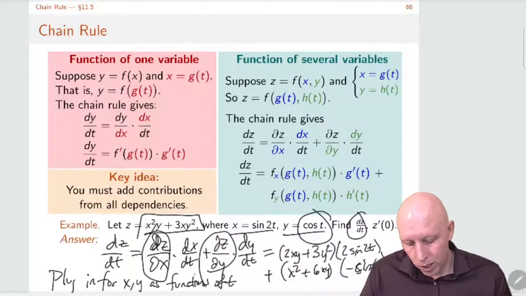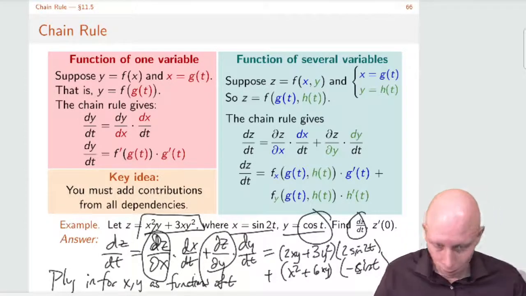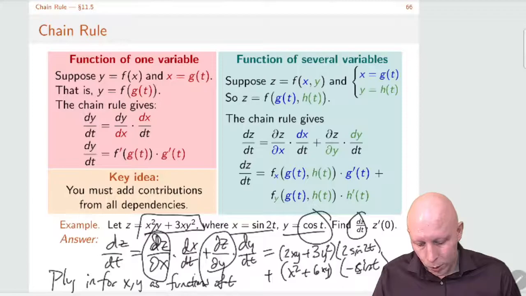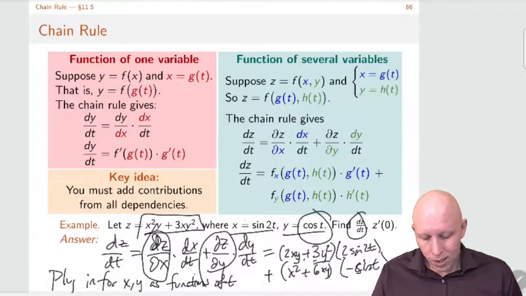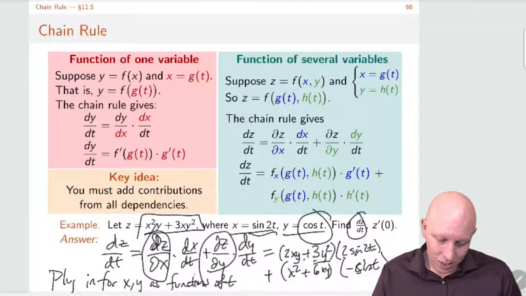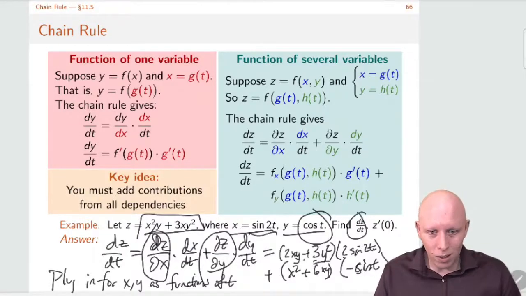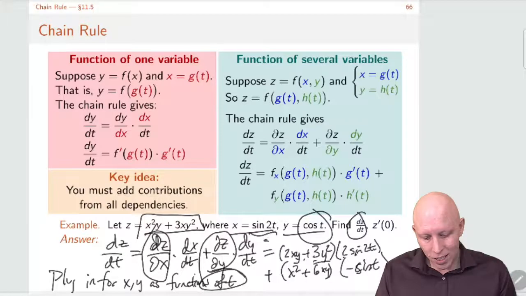And so what we're going to get is something really long, really ugly, which is 2 sine 2t cosine t plus 3 cosine squared t times 2 sine 2t plus sine 2t plus 6 sine 2t cosine t times negative sine of t. So it's one long expression, and if you think about it, this answer right here,